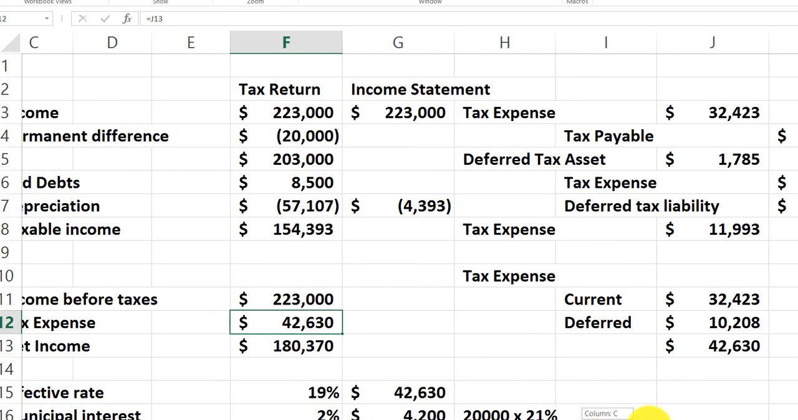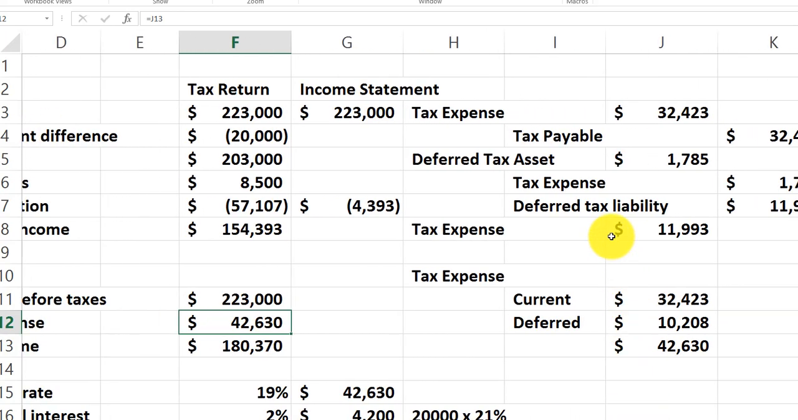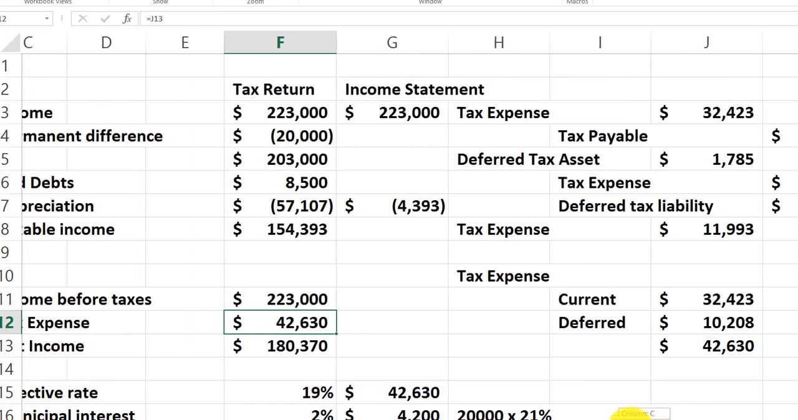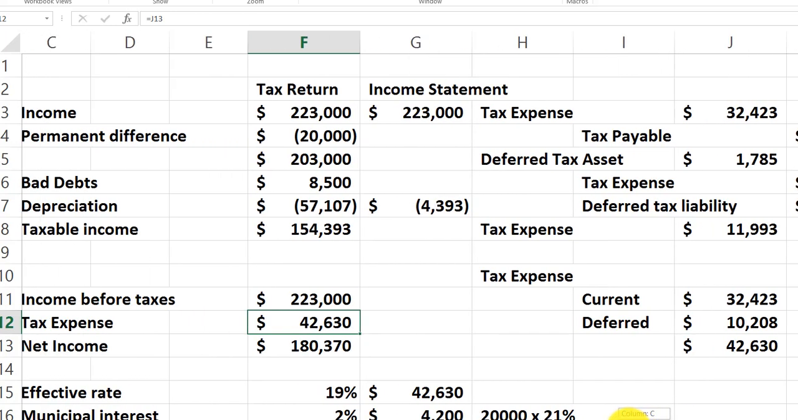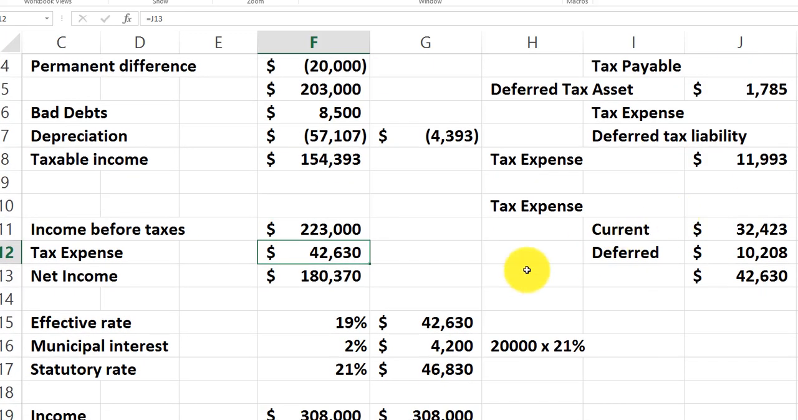Now technically, the part that's taxes payable is current, and the other two together are deferred, to add up to the $42,630. And remember, deferred tax assets and liabilities are long-term on the balance sheet. You net them together and you put it long-term on the balance sheet. Then we do the effective rate of tax,